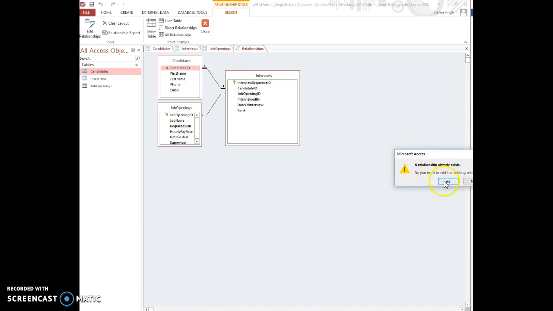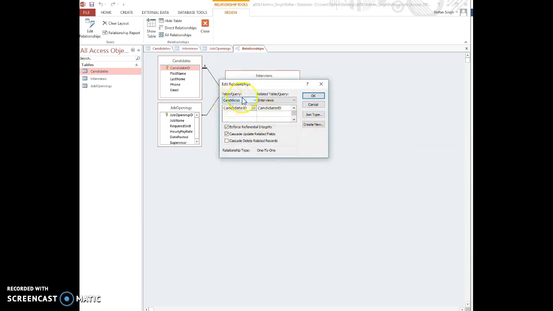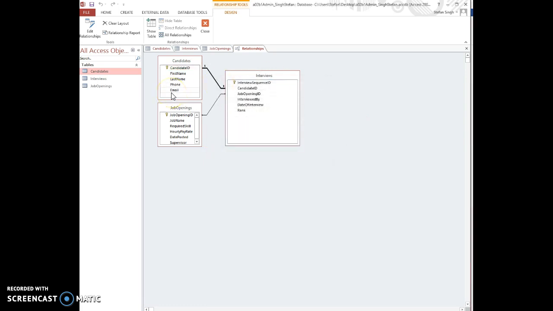I've already done it, so I'm just going to edit the relationship so you can see it. And as you can see, the one on the left is my candidates table, the one on the right is my interviews table, and I enforce referential integrity and cascade update fields. And once that is all set up, I'm just going to create a query,